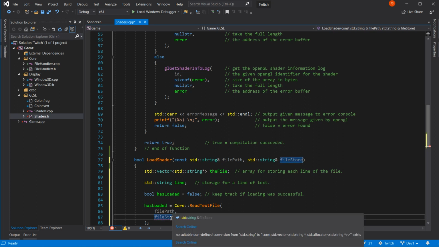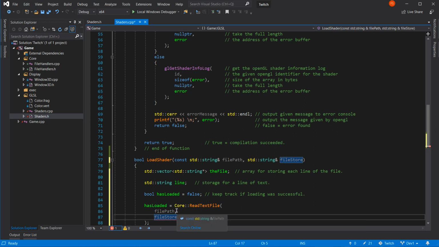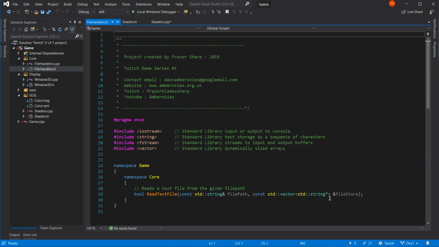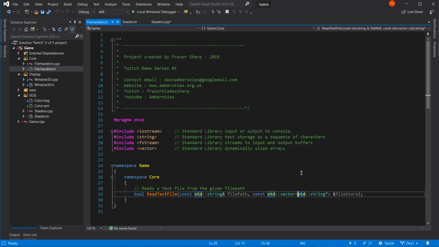What's wrong with the file store? Standard string and file store search. No suitable user-defined conversion for standard string to const standard vector. What? I've got a comma here, haven't I? I didn't put it in twice, did I? Am I that stupid? Yeah, I am. Oh, yes.